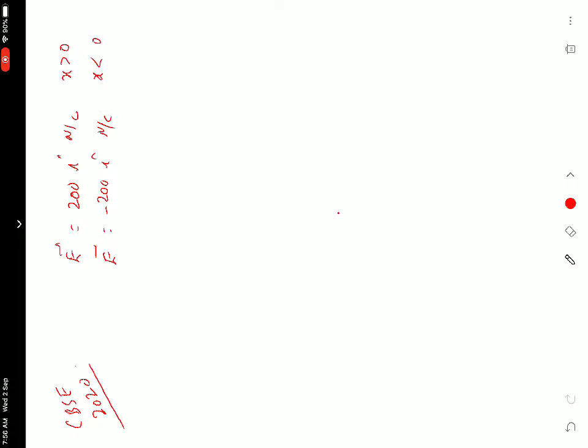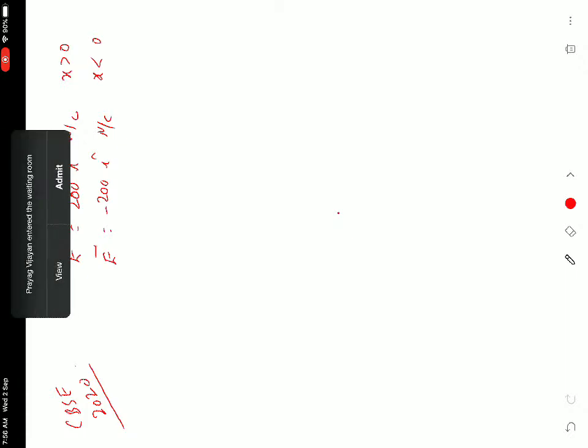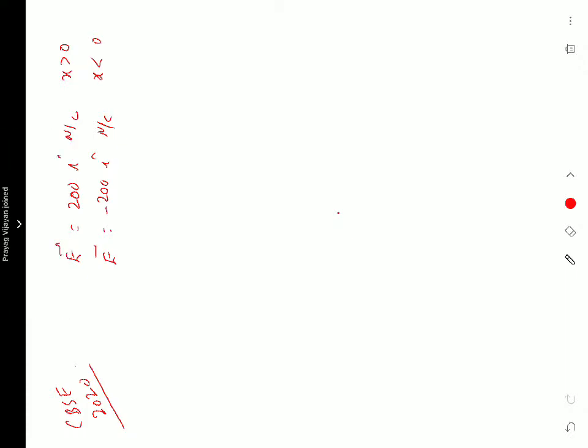So there is a uniform electric field. The values are given there. You have a right circular cylinder of length 20 centimeter and radius 5 centimeter, has its center at the origin and its axis is along the x-axis, so that one face is at x equal to plus 10 centimeter and the other is at x equal to minus 10 centimeter. What is the net outward flux through each flat surface?